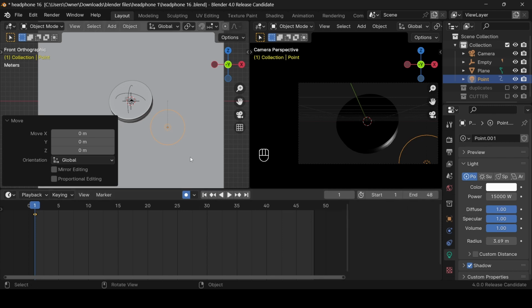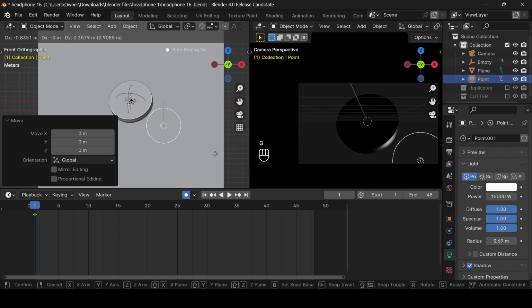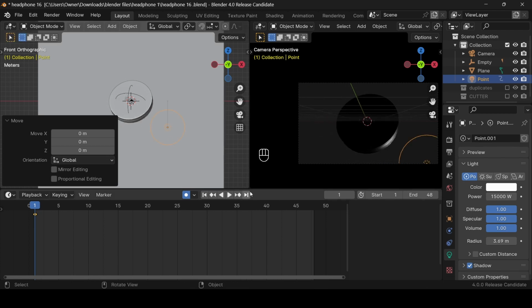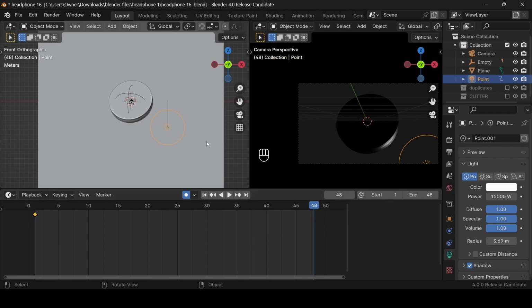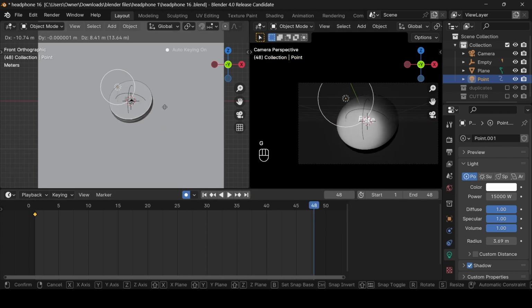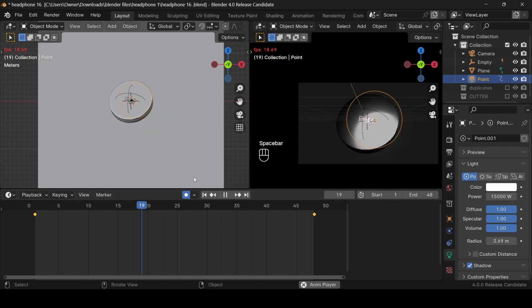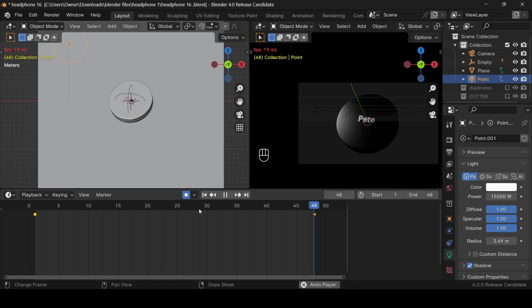Then I'm going to press G and move it across like this. Before we do that, make sure you're on the last frame, which is frame 48. Then I'll press G and move it across, maybe to the end, somewhere around here, and insert a keyframe. If we play this now, you can see the light just flashing across, which is cool,